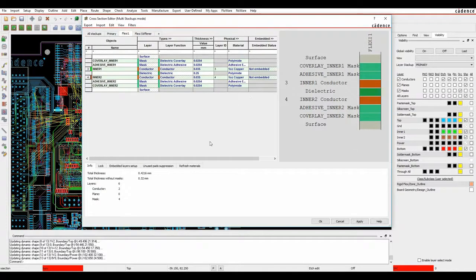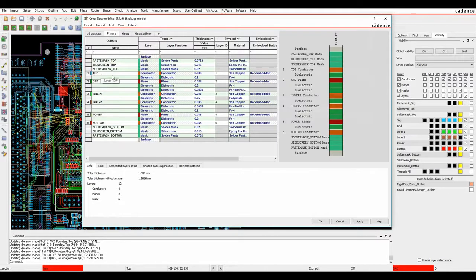The key part to remember when I start to do placement and routing is that this is the top half of the flexi and the bottom half of the flexi. This is the top half of the rigid part of the PCB and the bottom half of the PCB. I can add any layers that I like when I need to. It's as simple as a right click,